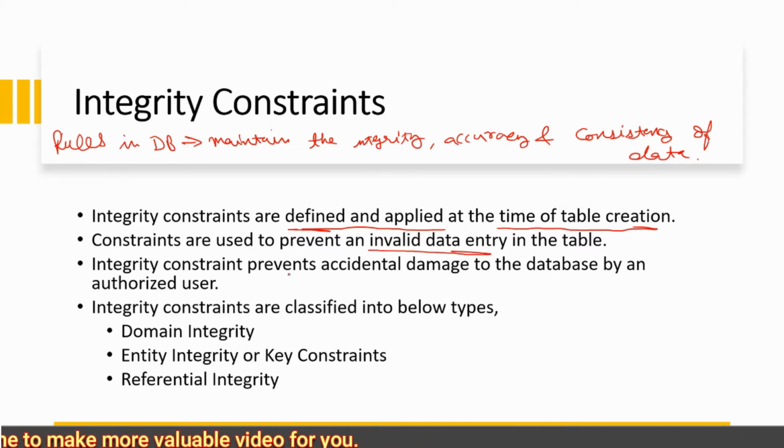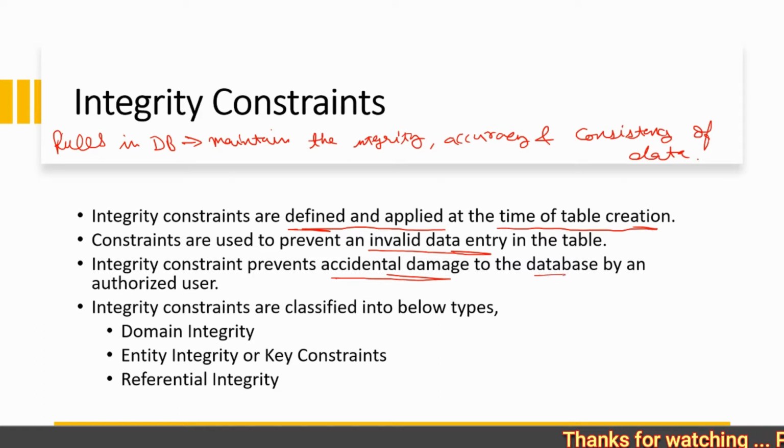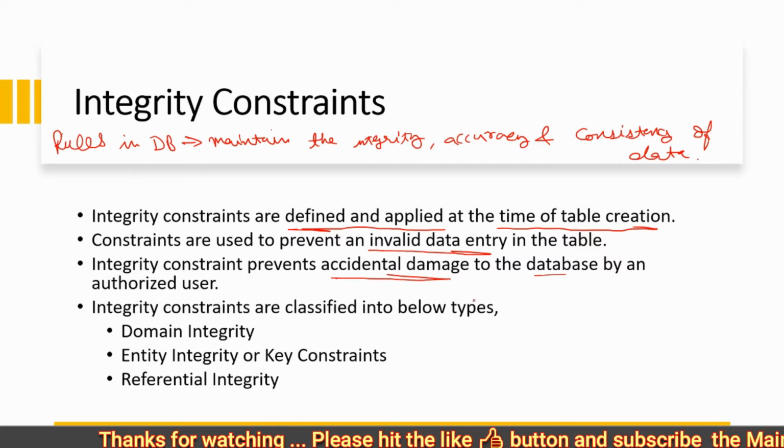And these constraints also prevent the accidental damage to the database by unauthorized users. Means these prevent the database from becoming corrupted.